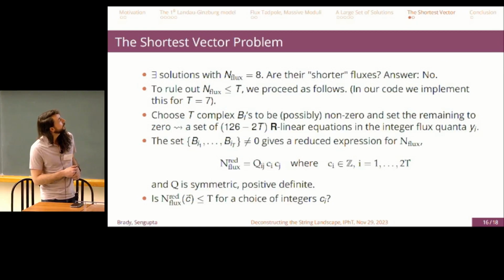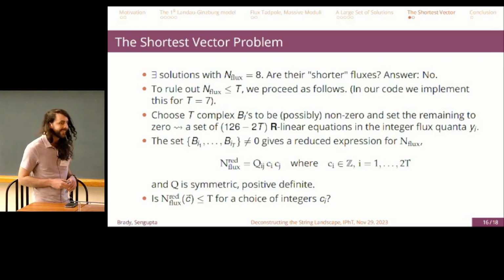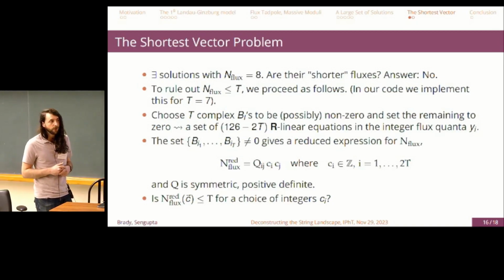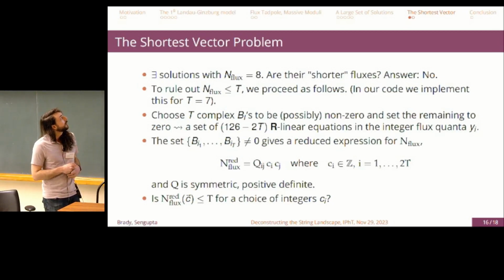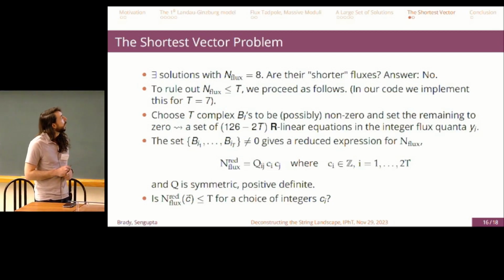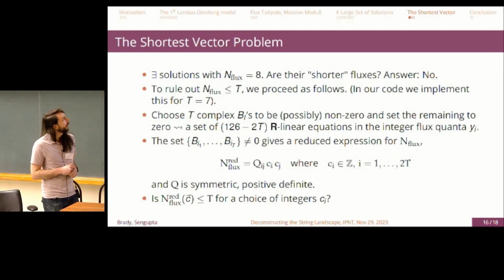So, the shortest vector problem. We actually answer this question that Anindya proposed: are there any tadpole fluxes that are smaller than 8? And we found exhaustively that the answer is no. 8 is our minimum tadpole for this model. We do this by ruling out, as I said before, in our procedure, and so I'm going to describe the procedure now, is to rule out